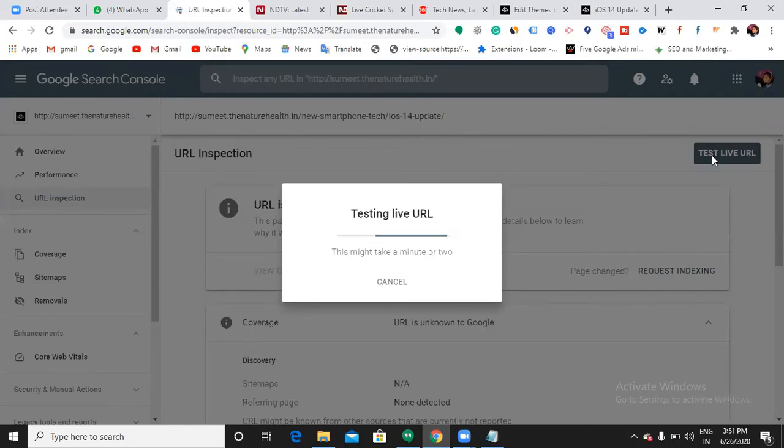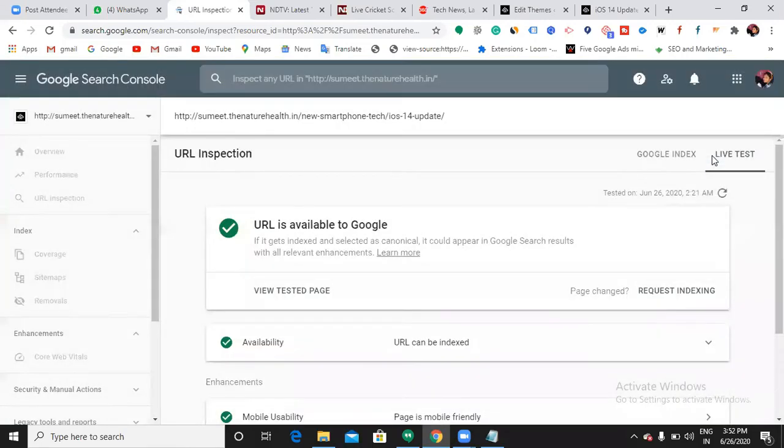This indexing is automatic, we cannot modify all those things. We want our URL to be in a specific section in Google? No, we cannot do that. Yes, now the URL is available to Google and the URL can be indexed.